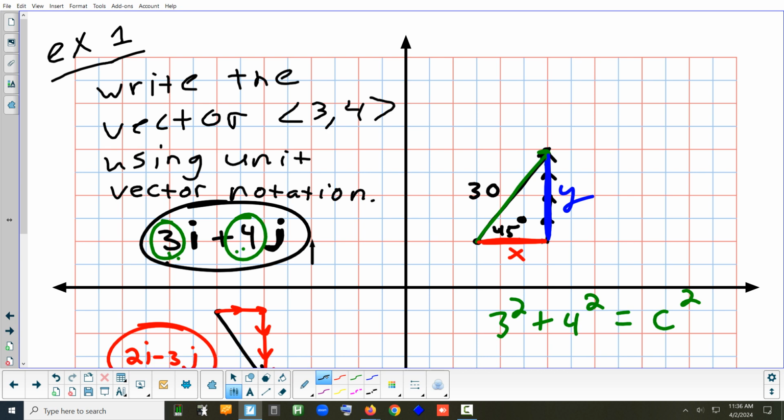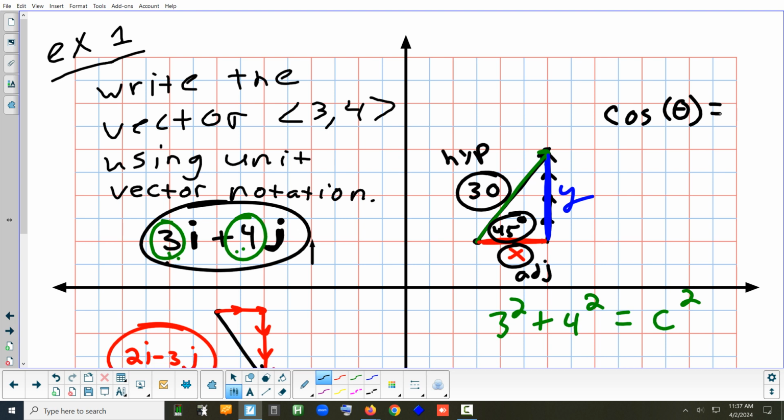Let's start with x. I want to figure out how long x is based on this angle and that side. What side is x relative to 45? Adjacent. It's the adjacent side. And what side is 30? Hypotenuse. It's the hypotenuse. What trig function has adjacent and hypotenuse in it? Cosine. So the cosine, and I'm not even going to use 45. I'm going to do it generically. I'm just going to call it my angle. So the cosine of my angle